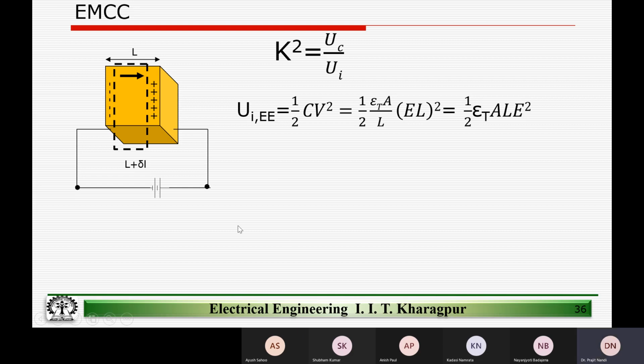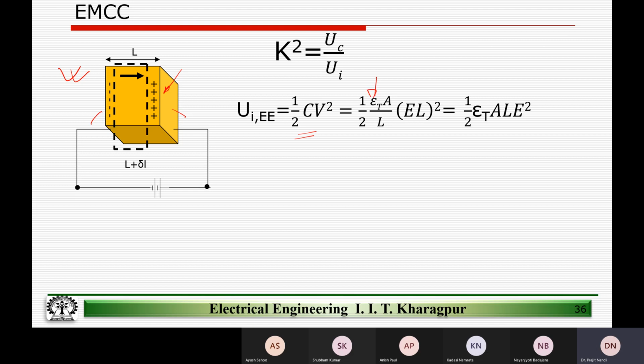a parameter which tells us how much of the input energy is converted from one domain to the other. And we took this example, and based on this example, we derived K square for this kind of a setup. The input energy is electrical energy in this case, which is half CV square, and C also we know is epsilon A by D. D is the distance between the two plates. In this case, D is nothing but L, which is understood, right? So these are the two opposite plates. So this is L, and epsilon T. Why is it epsilon T? That also we discussed,